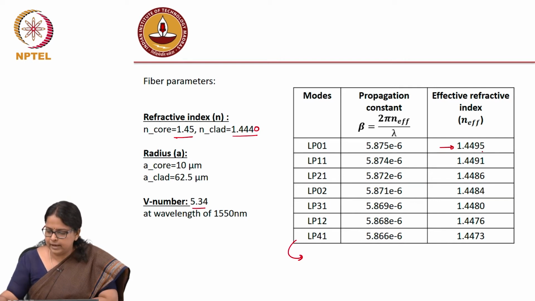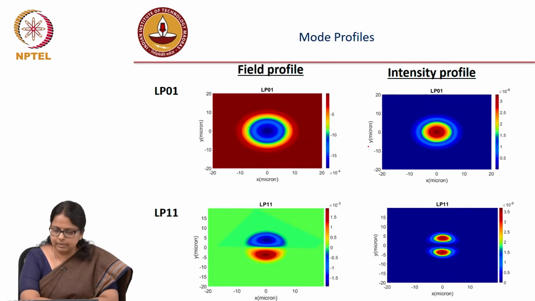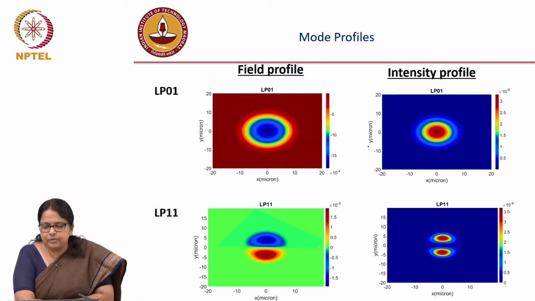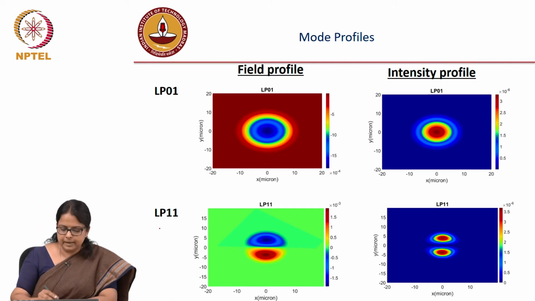Now you know the n effective, or you know the beta, and from that, using the method that we discussed earlier, we can find out the profiles. This is how the field profile looks like. This is not elliptical actually, this is circular, it is just that the figure got a bit stretched here. The LP01 looks like a circle, and the intensity is obtained by just doing a mod square of the field, and because you have a field it has a phase in it. For example, in LP11 mode